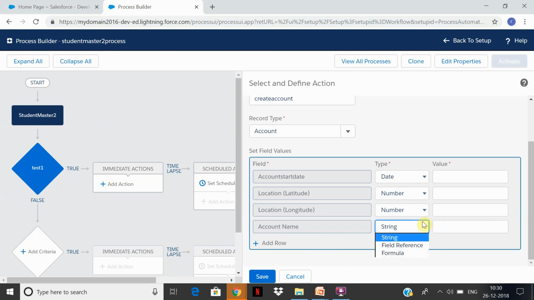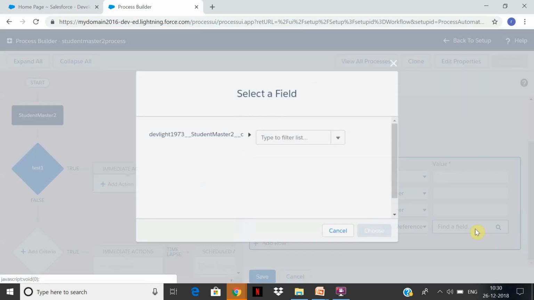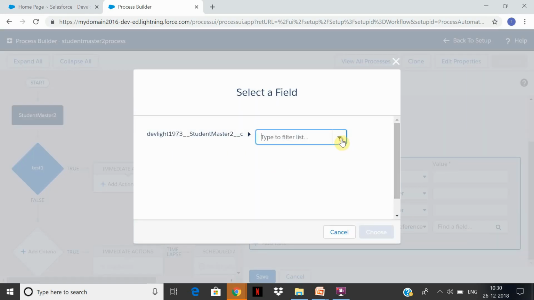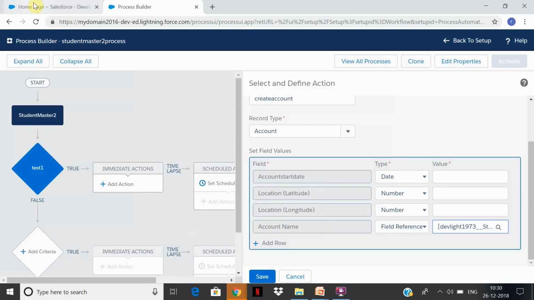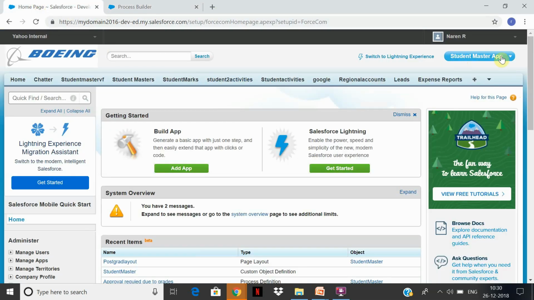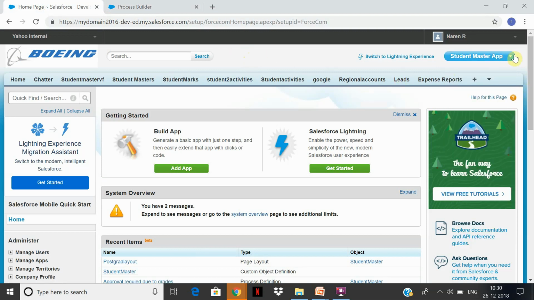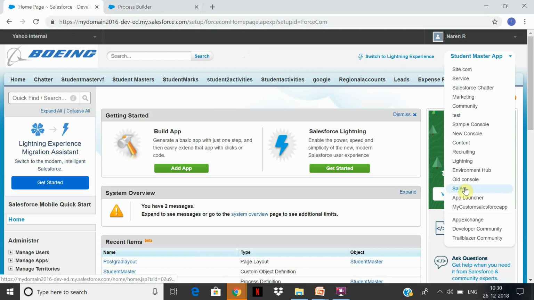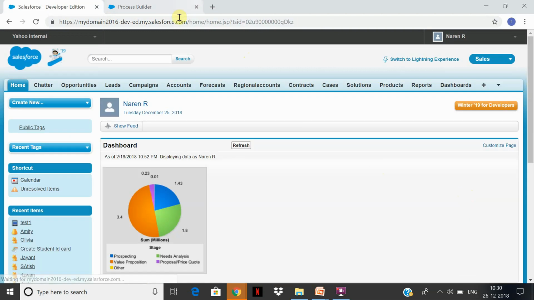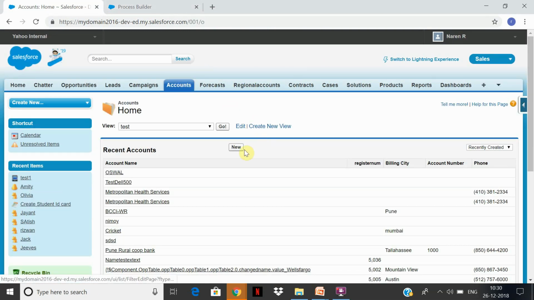So let's do one thing. Let's take a field reference and take the student master name. Now it's going to show the student master because it's built on student master. So we are going to take the student master name. One thing we need to make sure is whether any required fields are there. If I create an account, what are the things that are required? Because if you don't add the required fields, it may fail. So if I create a new account,